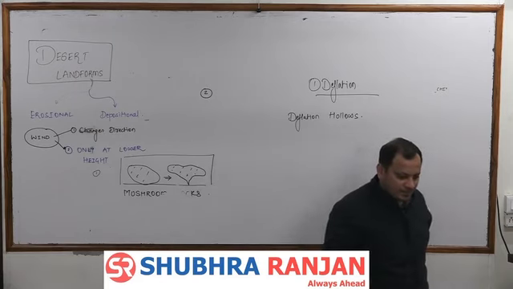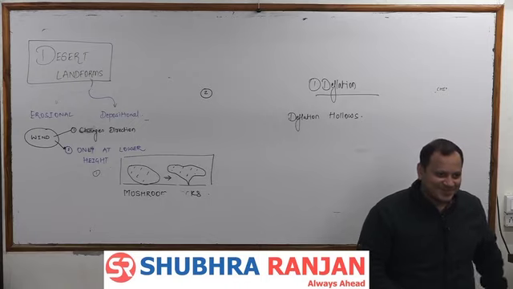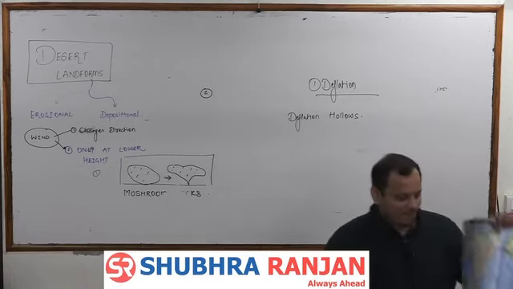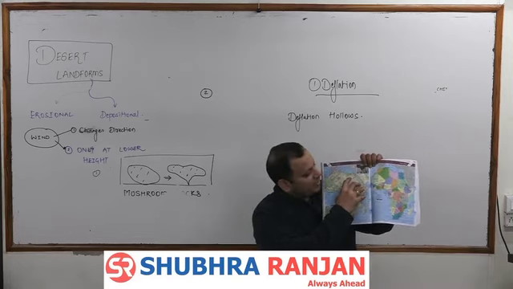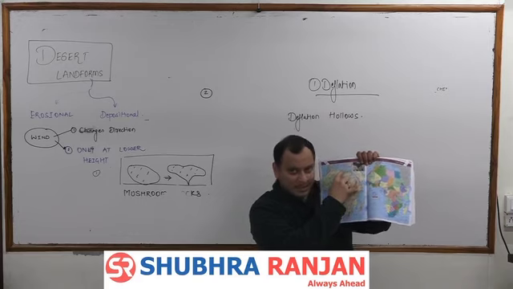Where is Egypt? Near the Suez Canal, near the Red Sea. And you will find the deepest deflation hollow that has been formed, which is properly given in the atlas,